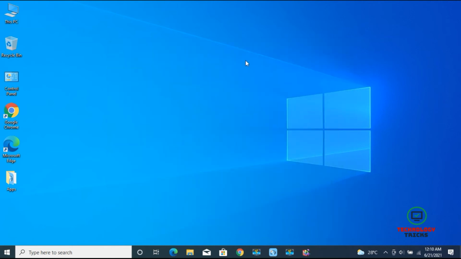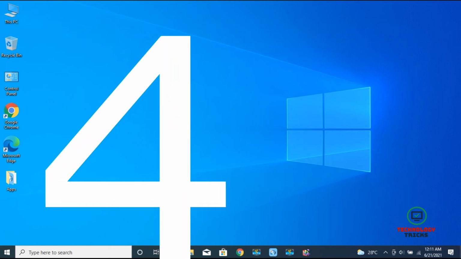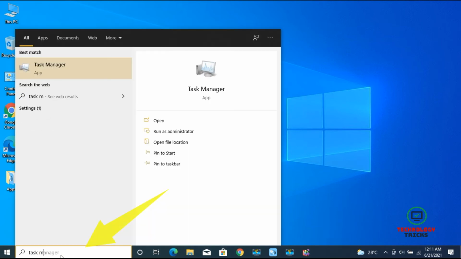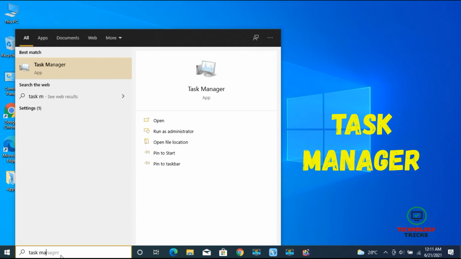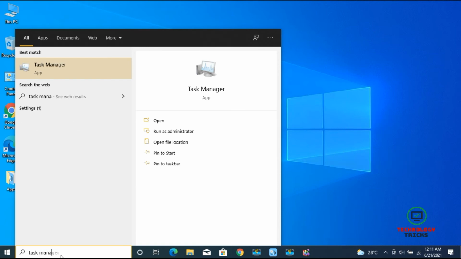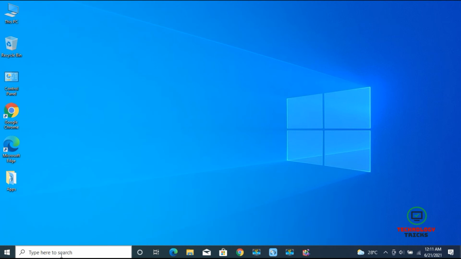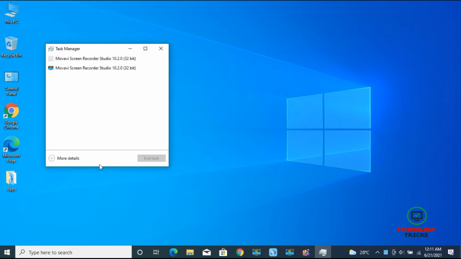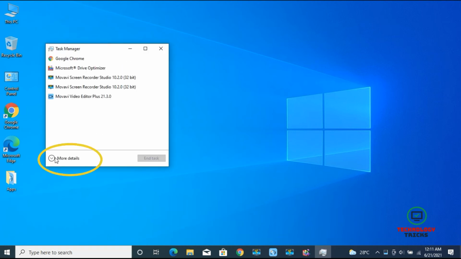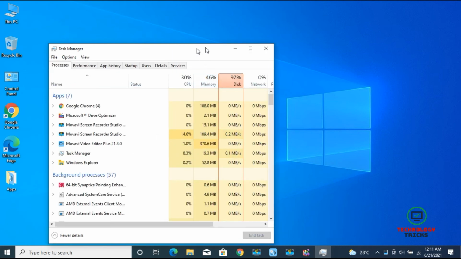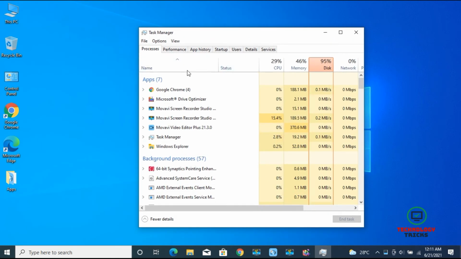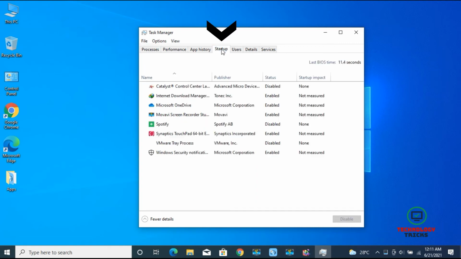Okay, just minimize it. Now we're going to go ahead with the fourth trick. In the search bar type task manager. So we got it here, just open it. Just click on more details. Yeah, so just go to Startup. You can see a lot of startup programs here.